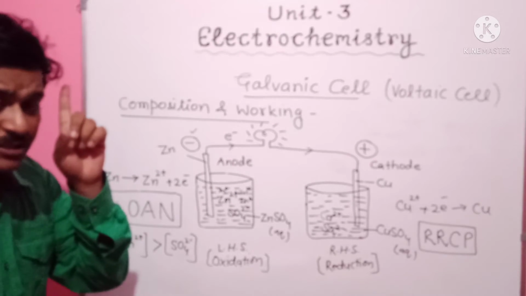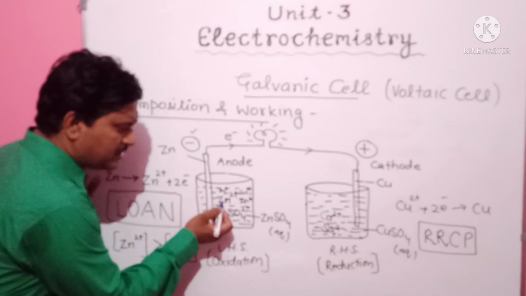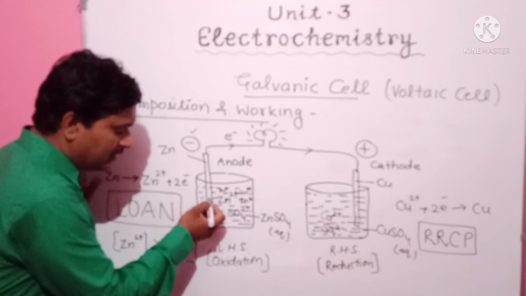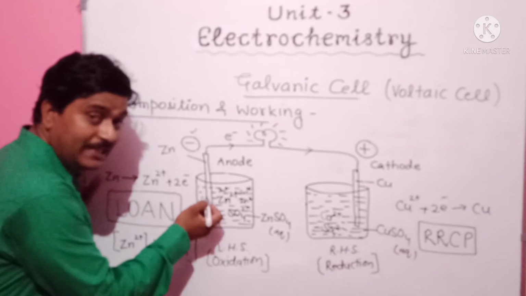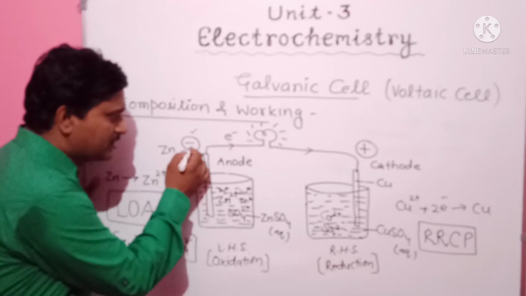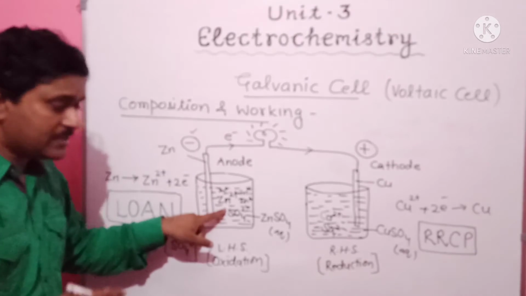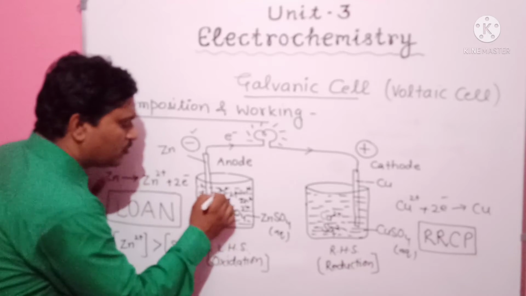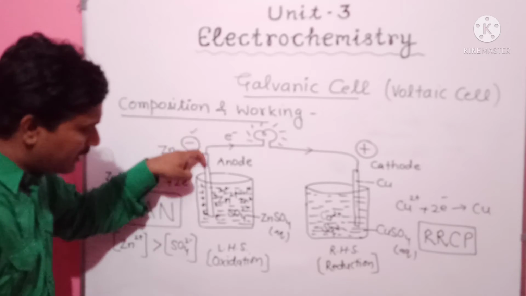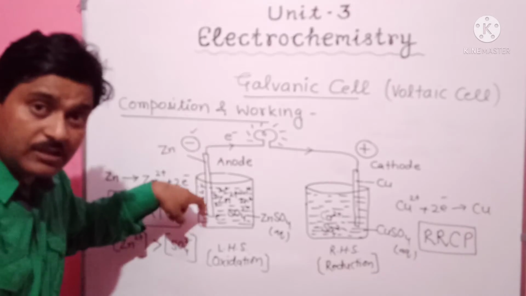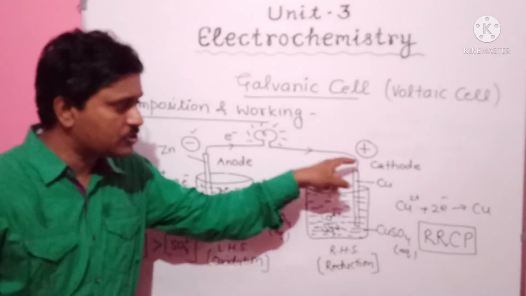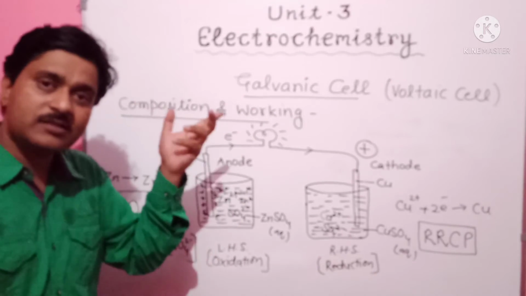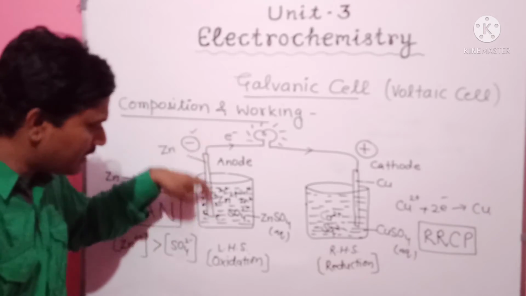If zinc ion concentration increases, what happens? Zinc ions being concentrated means the zinc ion amount increases, so it does not lose electrons easily, because electrons contain negative charge and zinc ions contain positive charge. If there is accumulation of positive charge of zinc ions at the electrode, then they attract the electrons in the reverse direction. They do not allow the electrons to pass through the wire. So there will be no current flow because electrons are not freed. They are just attracted towards the zinc ions.